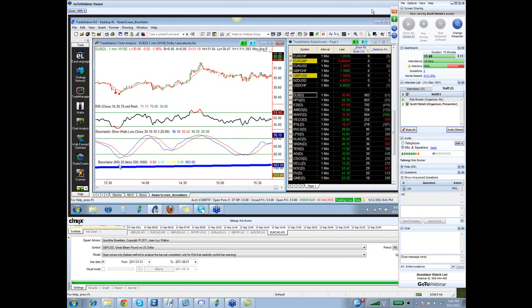Scott also mentions again that he keeps a running watch list of stocks that is comprised of stocks with good fundamentals. In essence, what we're looking for is a stock with good fundamentals to fall in price far enough and long enough that on the 1-minute chart, it becomes overextended on the Bossilator. In other words, it goes on sale. Then you get a bunch of value people all over the world that say, wow, that dip in that stock is a good time to buy.